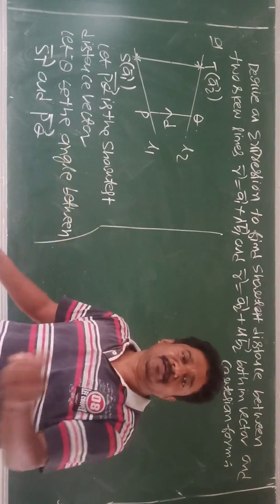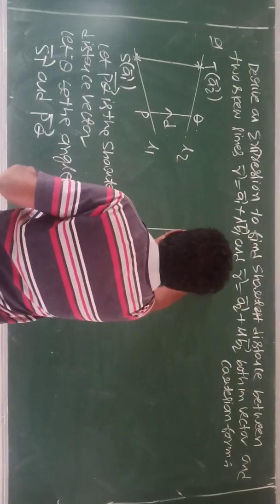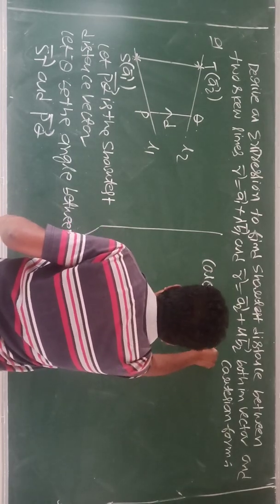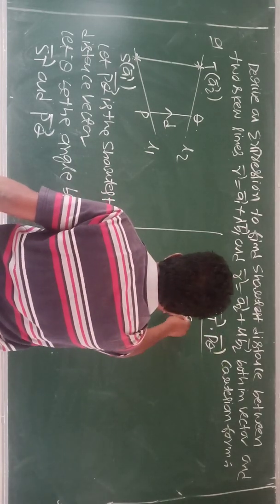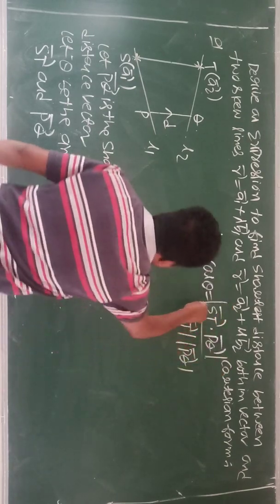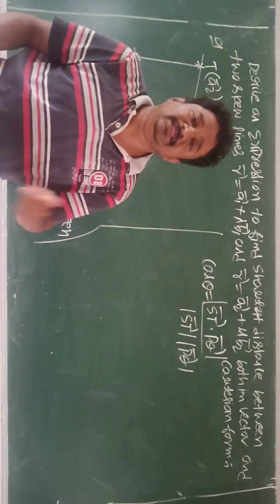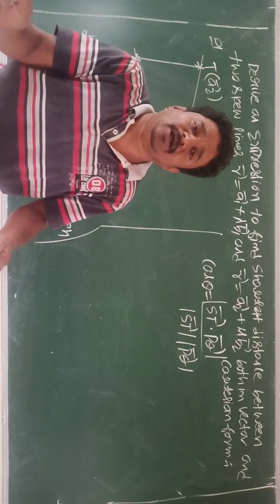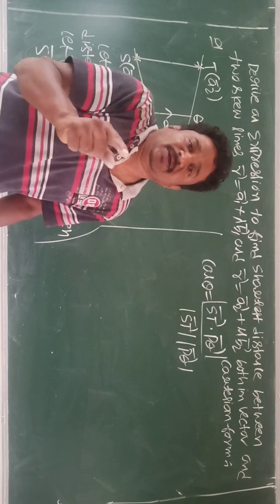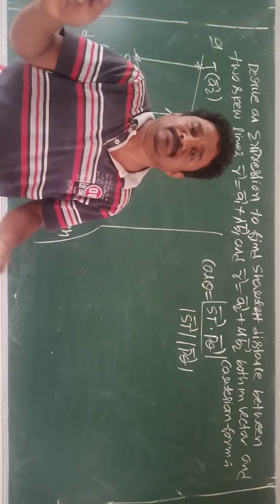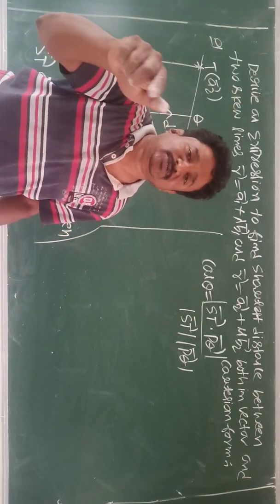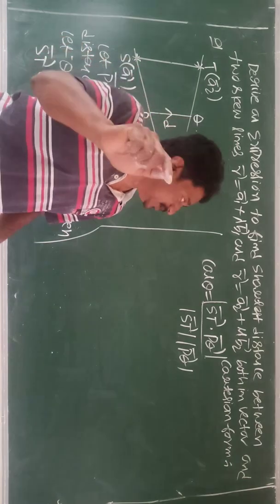Let us use the same formula, cos theta equals A dot B. So ST dot PQ by the length of PQ, mod. I told you, students, in 3D, whenever an angle is required, you use mod, because in 3D we calculate the acute angle. Acute angle means mod. Using mod is a must, because if I use mod, I am going to get a positive value. Acute means always positive, the first quadrant angle.